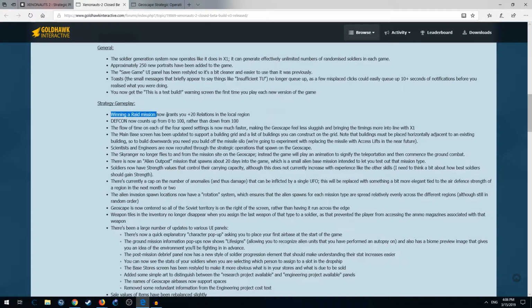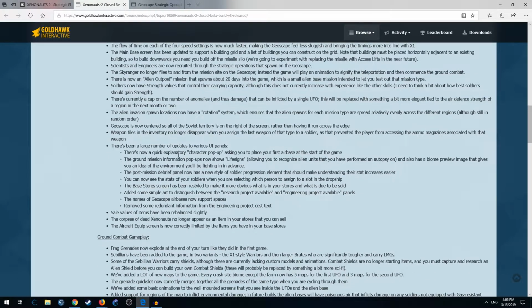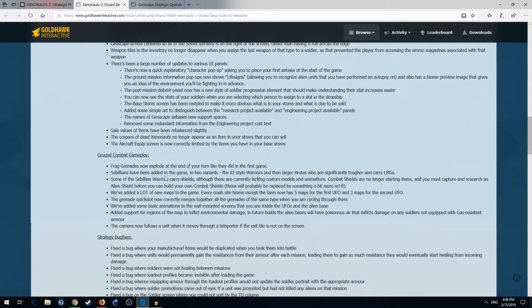We have gameplay stuff. DEFCON counts up instead of down. Speed is increased. What else? Teleport bay, strength. And no, okay. Oh, right. One thing. Updates to the UI, sales item, frag grenades expert at the end of your turn, like in Xenonauts